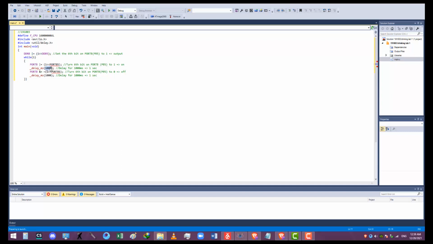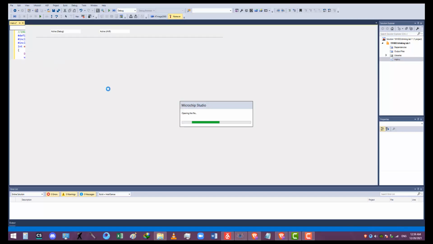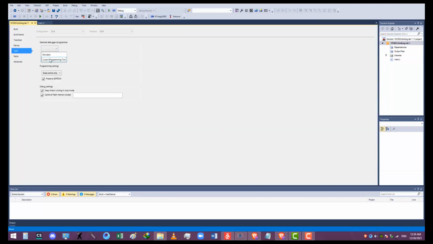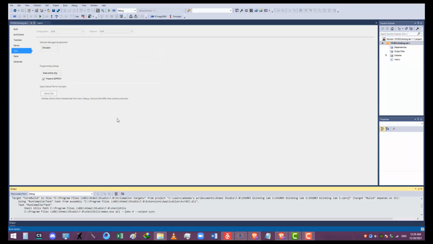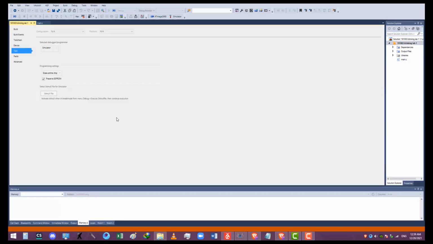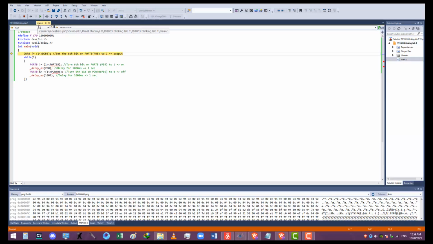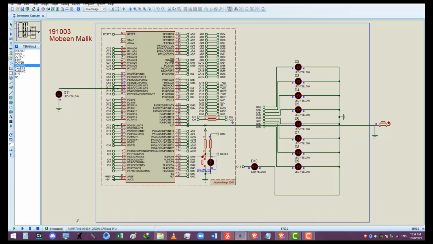To change this, let's suppose I'm giving this a value of 200. That means it will be on for 200 milliseconds only and will be off for about a second. And now I have to select the simulator, and I'll have to start the debugging process. It takes a little bit of time for the first time, and once the debugging is done, you open your software and